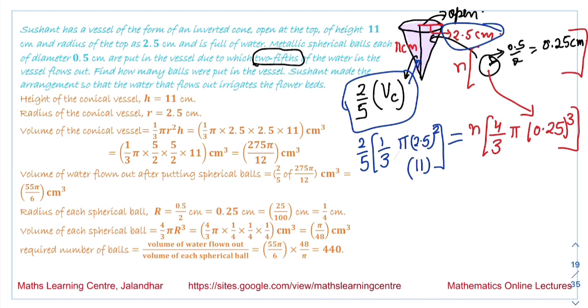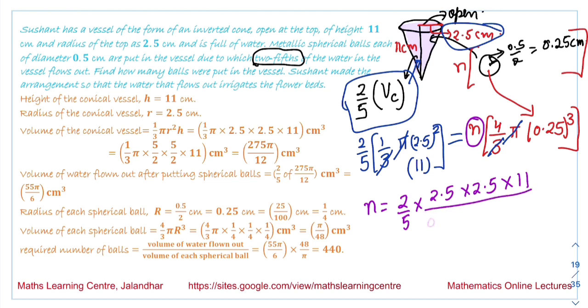So this pi and pi get cancelled, this 3 and 3 get cancelled. We want to calculate the value of n. So the value of n we have is 2/5 into 2.5 into 2.5 into 11 divided by 0.25 into 0.25 into 0.25 into 4. So when we simplify these terms, we will get,